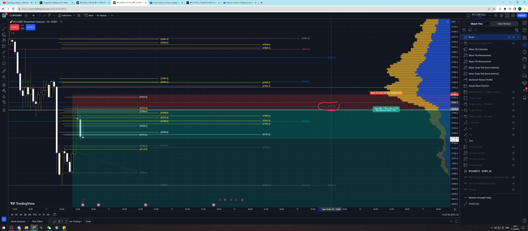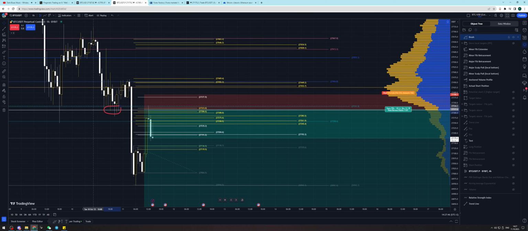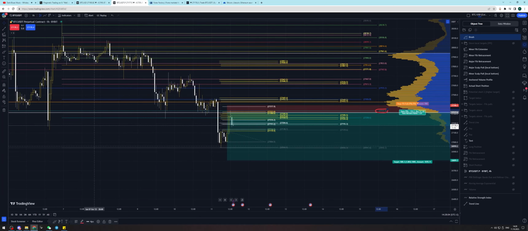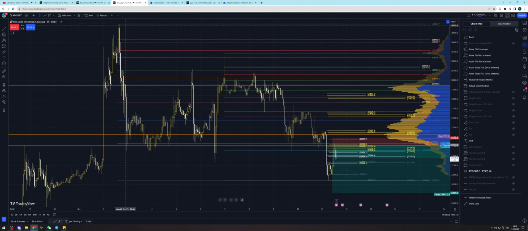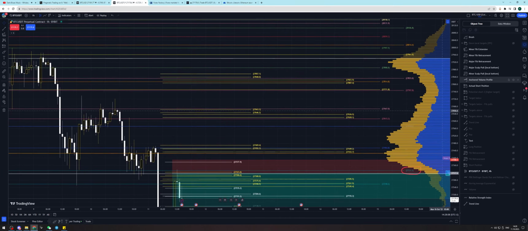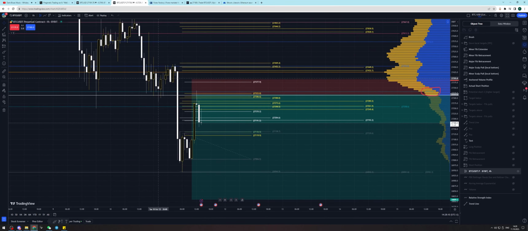So why is that interesting? Well, you have the value area low, you have the context, okay? The previous support is becoming resistance, right? So you have the context, you have confluence, you have the value area low, you have two scalp pulls, major and minor, you have the fib retracement, major fib retracement of the whole range, okay, from the very top here to the very bottom. And plus we have the fib,